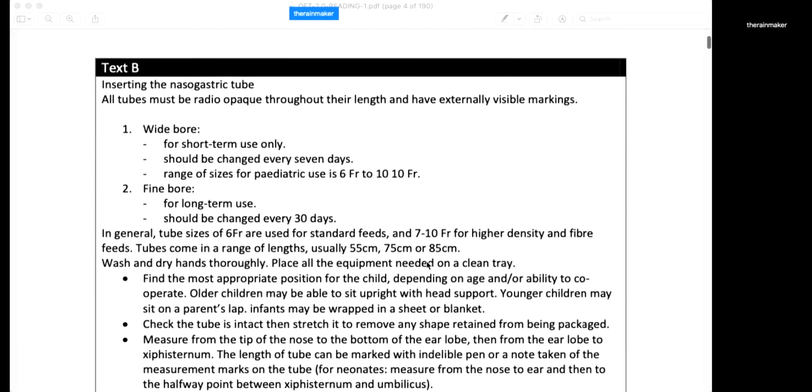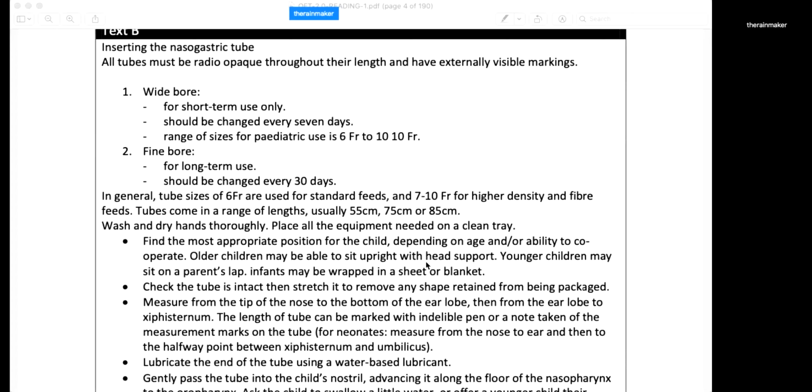Then we have part B, text B. What does it talk about? You should have the ability of reading 1 or 2 lines and kind of guess what is there in the paragraphs here. Inserting the nasogastric tube, that means it's related to procedure. All tubes must be radiopaque. We don't care about that. But here you see the types, wide bore and fine bore, and you must be noticing their numbers and lengths,